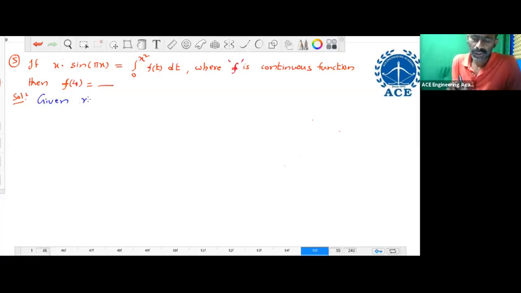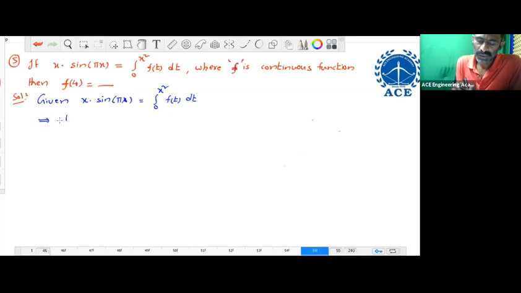Given x sine of pi x equals the integral from 0 to x square of f of t dt. To get f of t, we have to remove the integral. To remove this integral, we take the derivative on both sides. So differentiate both sides with respect to x,